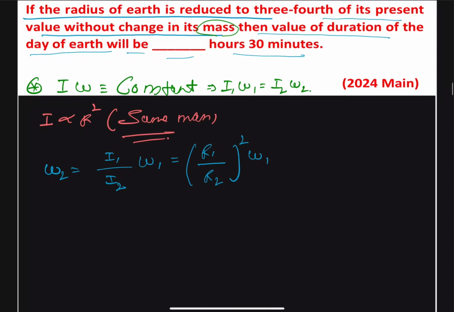It means the ratio of r1 and r2 will be our 3/4, so this comes as 3/4 whole square and omega 1, which will be coming as 16/9 times omega 1,